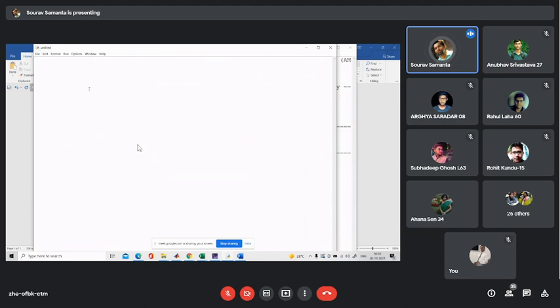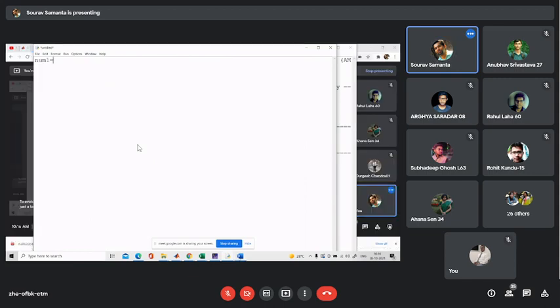First I will take the example from the discussion. I will take number 1 equal to int, for the integer conversion, input, enter the first number.